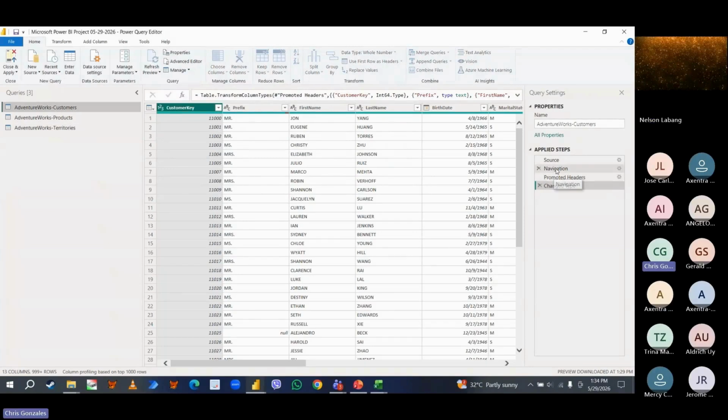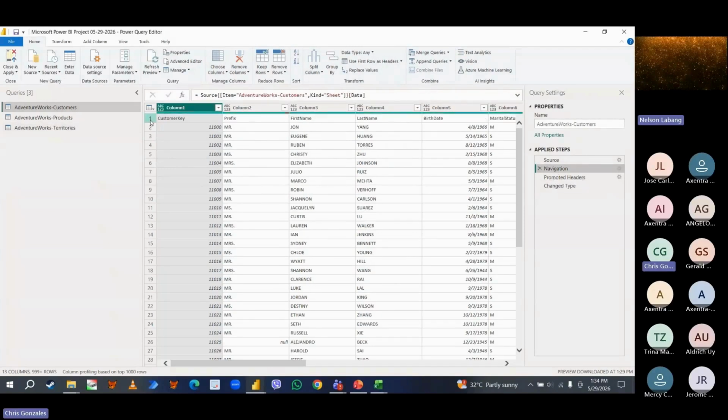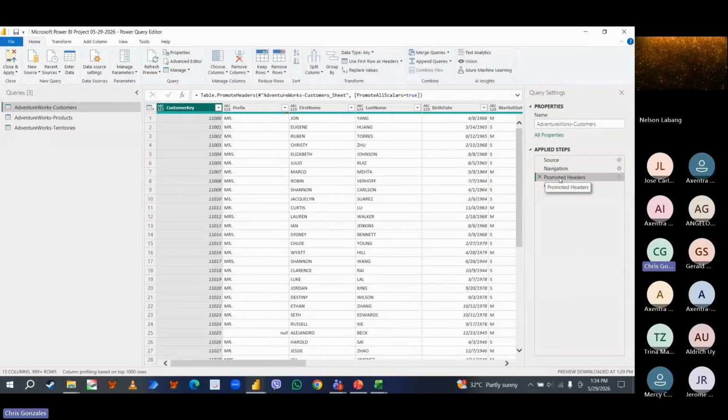Next, after navigation, Power BI actually looks at the content of the table. For example, customer key, prefix, first name is not part of the record, it should be the header. Look at what Power BI did. Power BI automatically promotes the header.